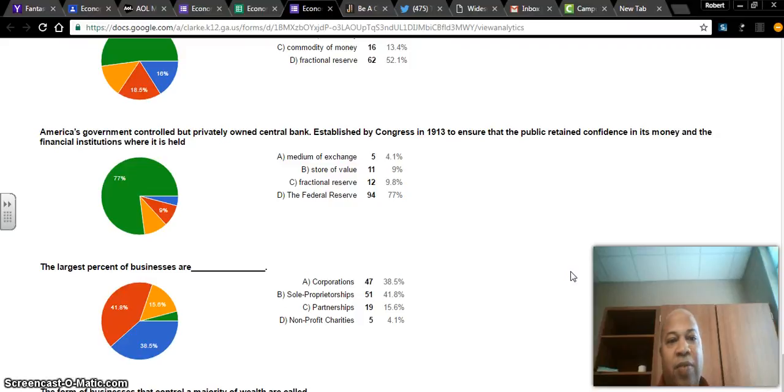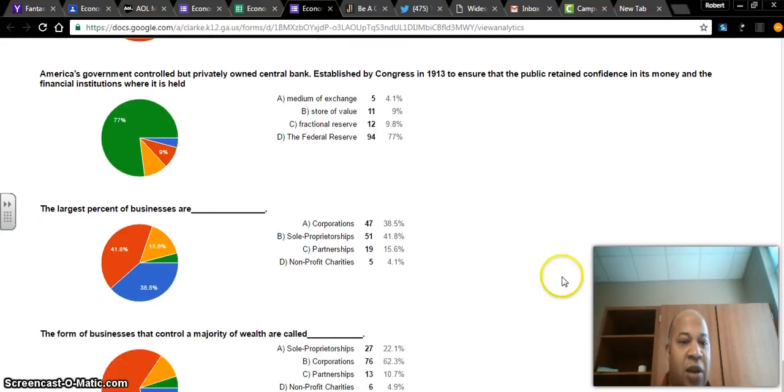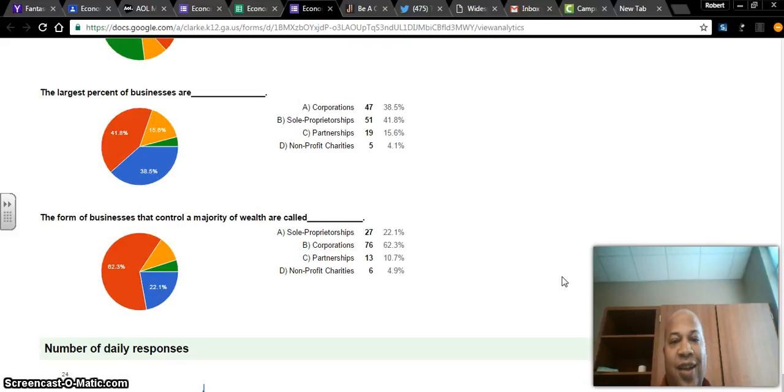America's government-controlled but privately owned central bank, established in 1913, and we will go over this in depth in Unit 4, is the Federal Reserve. We'll talk about Janet Yellen in the coming weeks, interest rates. Before her, Ben Bernanke, and before her, Mr. Alan Greenspan. The largest percentage of businesses, I said this, 75% of all businesses are sole proprietorships, 15% are partnerships,